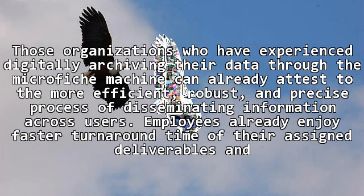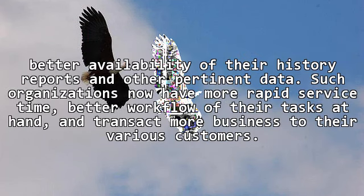Those organizations who have experienced digitally archiving their data through the Microfiche machine can already attest to the more efficient, robust, and precise process of disseminating information across users. Employees already enjoy faster turnaround time of their assigned deliverables and better availability of their history reports and other pertinent data. Such organizations now have more rapid service time, better workflow of their tasks at hand, and transact more business